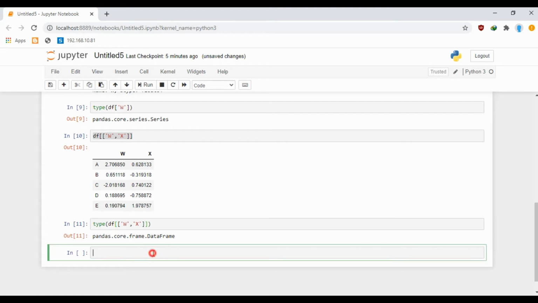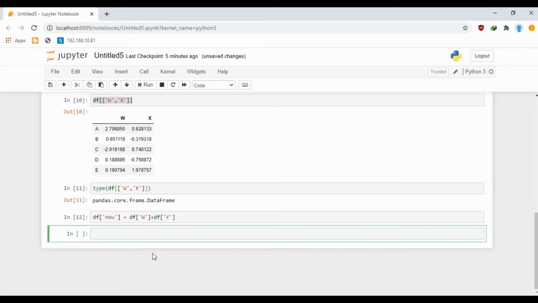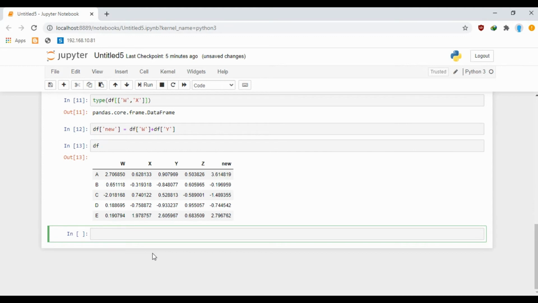If I want to add a new column in my data frame, I can do that by passing the new column name and adding it between my columns. Now if I take a look at my data frame, you can see that this new column has been added, and it will be added at the end.